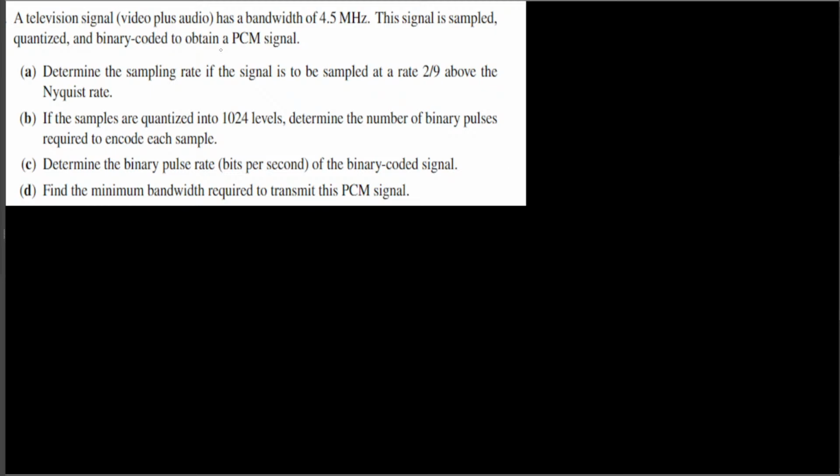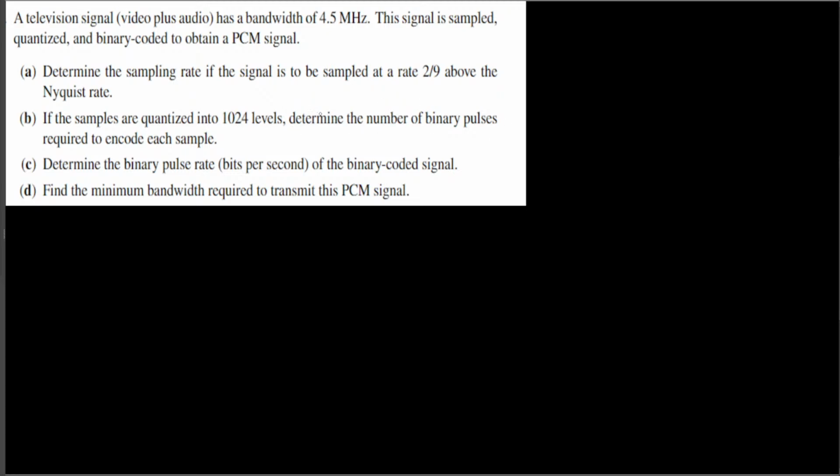Here, video plus audio has a bandwidth of 4.5 megahertz. This signal is sampled, quantized and binary coded to obtain a PCM signal. Part A is asking to determine the sampling rate if the signal is to be sampled at a rate of 2/9 above the Nyquist rate. And part B is asking, if the samples are quantized into 1024 levels, determine the